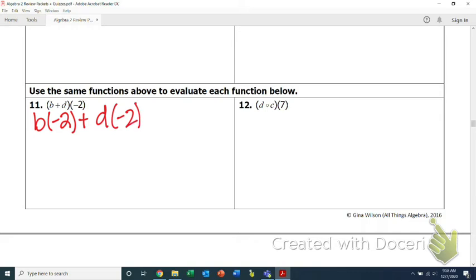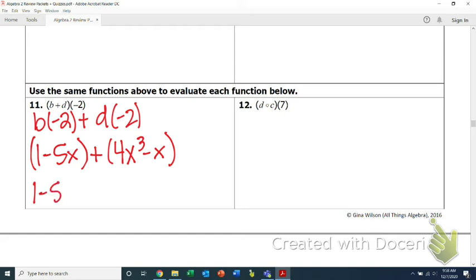So our b equation is 1 minus 5x, and our d equation is 4x cubed minus x. So now, every time you see an x, we plug in the negative 2. So 1 minus 5, there's the negative 2,